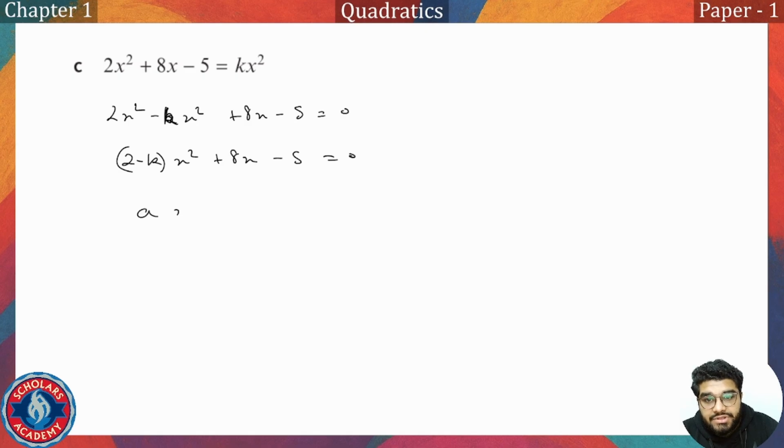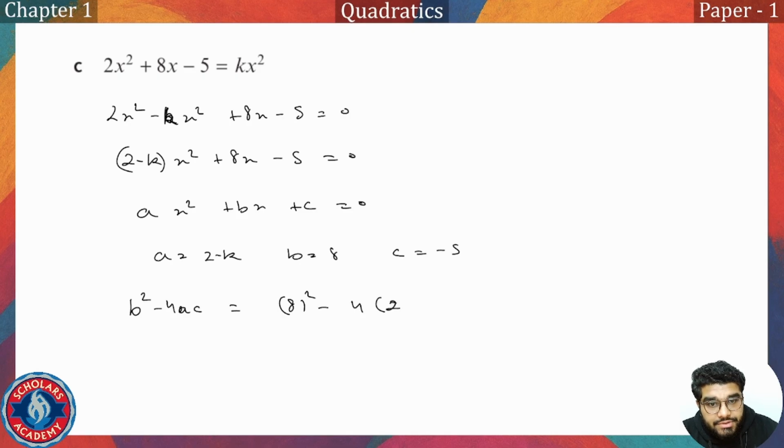Comparing this with general equation ax square plus bx plus c is equal to 0, we get a is equal to 2 minus k, b is equal to 8, c is equal to minus 5. So finding the value of discriminant b square minus 4ac, which is equal to square of 8 minus 4 times 2 minus k, and c, that is negative 5. We get square of 8 is 64